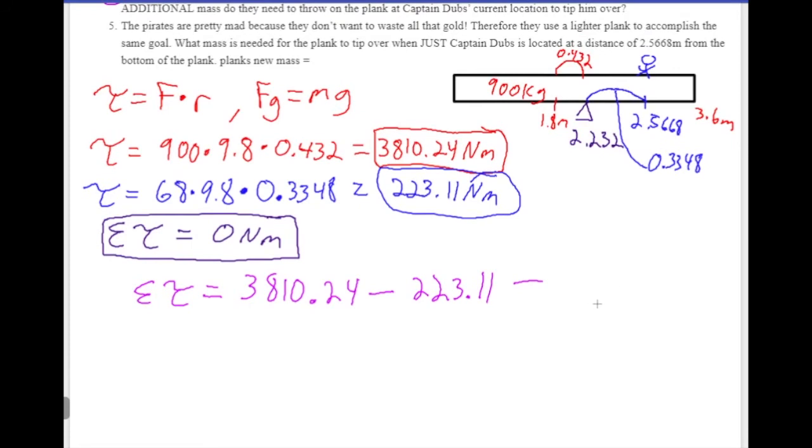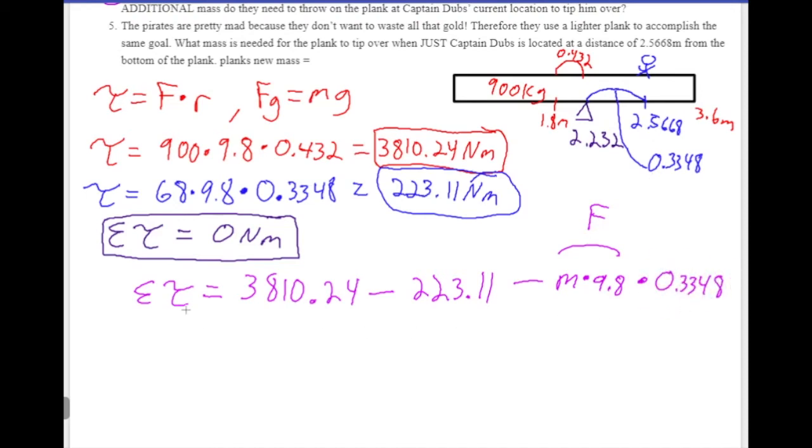This second torque is going to be the torque supplied by the weights that the crew is throwing at him. We know that that torque is dependent on the mass of those weights as well as gravity, which is 9.8, because that's the force that those weights would exert, times the distance that they are from the pivot point. These weights are the same distance that Captain D is, so that's